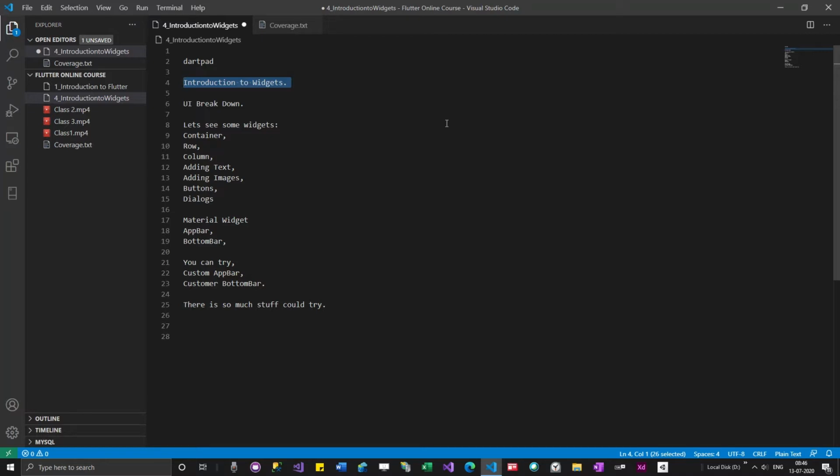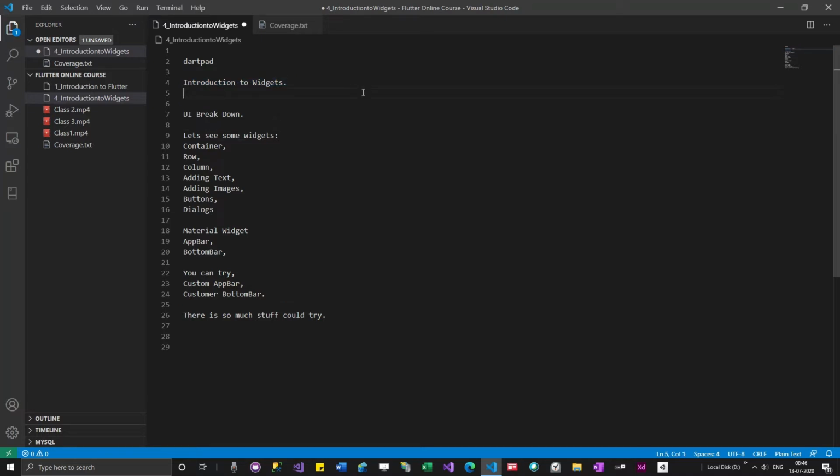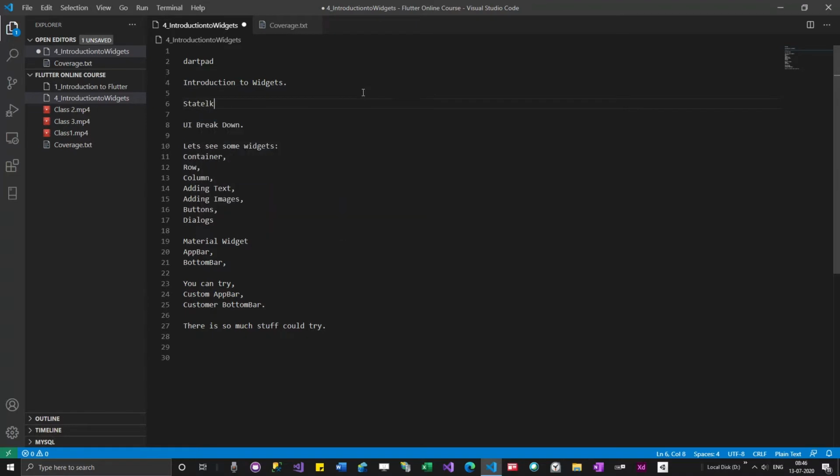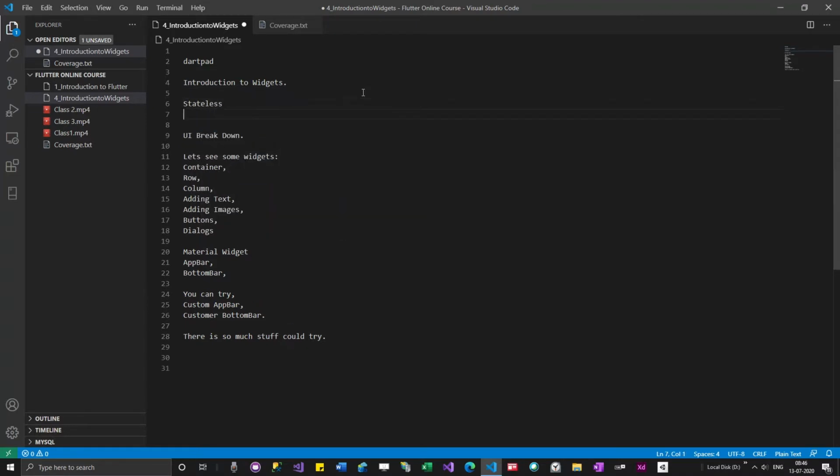There are two types of widgets in Flutter: one is stateless and the other is stateful.